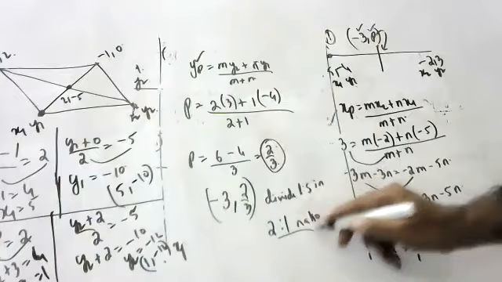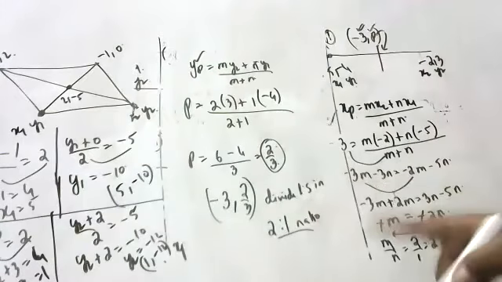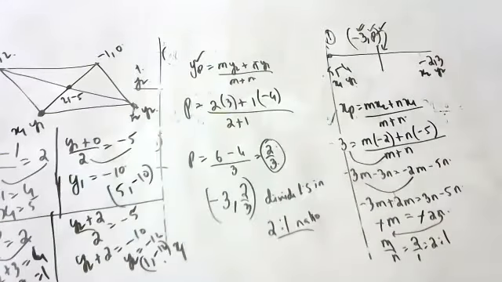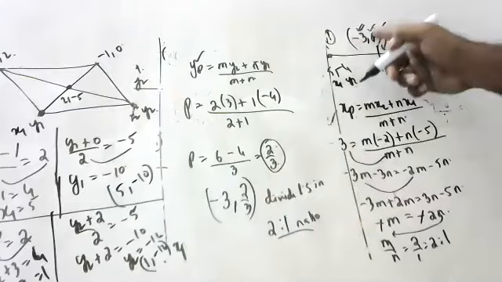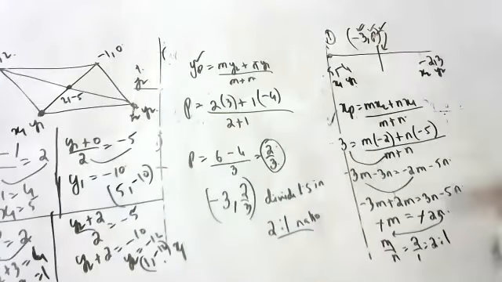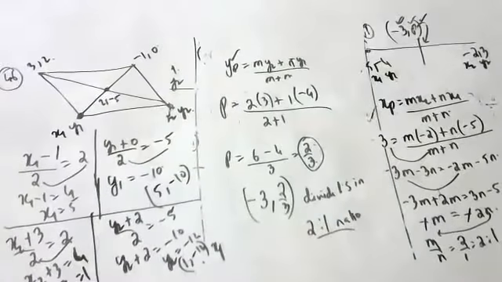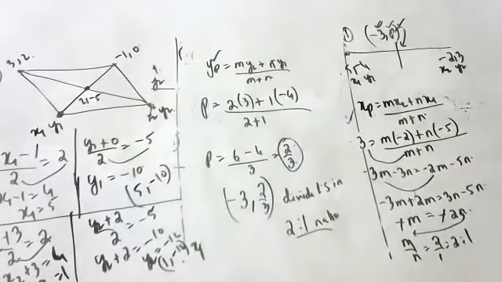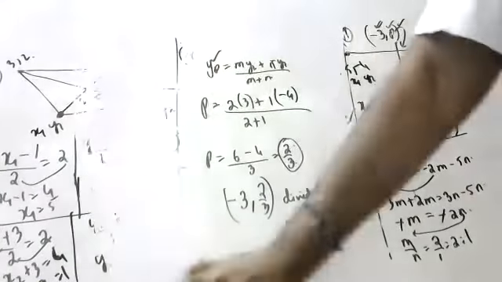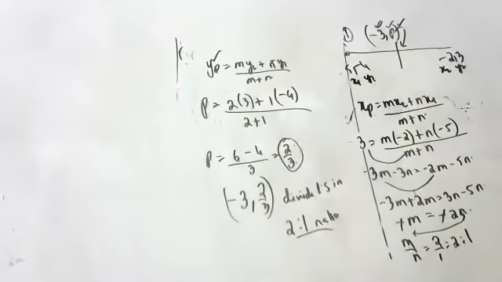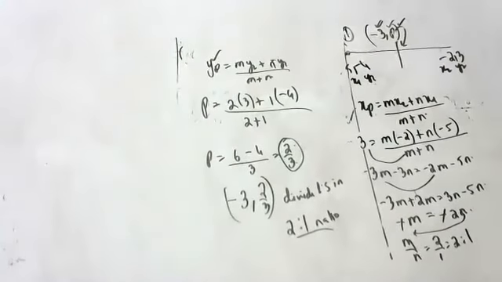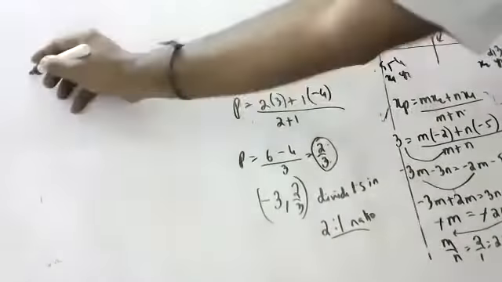Like this, children, using this we should find the ratio, and using the ratio we should find P. So minus 3 comma 2 by 3 divides the line segment in 2:1 ratio. Just like this question they ask in the board exam. Sometimes they say divided by the x-axis or y-axis. Hope you all are copying, children. Don't sit idle; if you sit idle, you will not understand anything. Kiriti, get ready, next time I'll ask you only substitution.